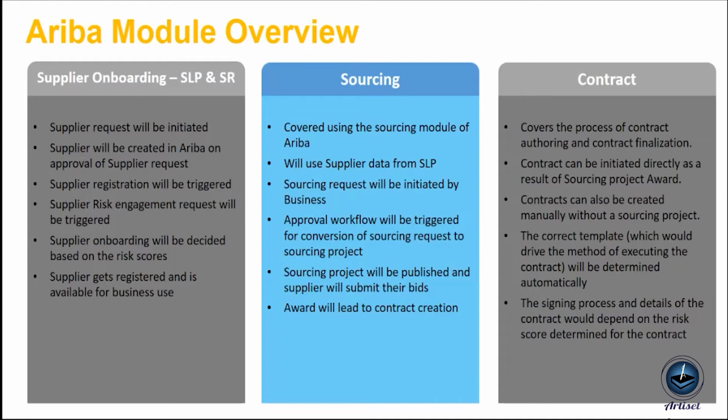Then we will just have a little bit of information on when the business executes the supplier risk engagement. Once that is triggered, let's suppose it is done at the time of onboarding, the supplier will have to again submit their responses. It can be on financial, legal, tax, and some general questions like on the certifications they have, ISO or something. Then supplier onboarding will be decided based on the supplier risk score, whether it is a critical one or high risk or low risk.